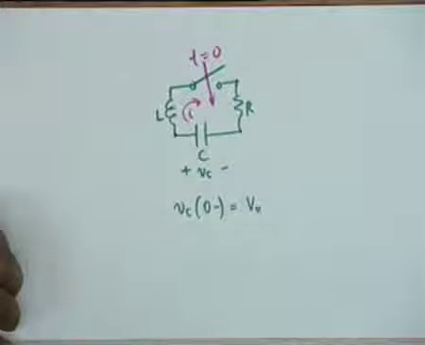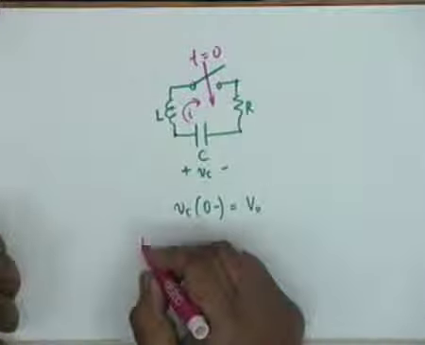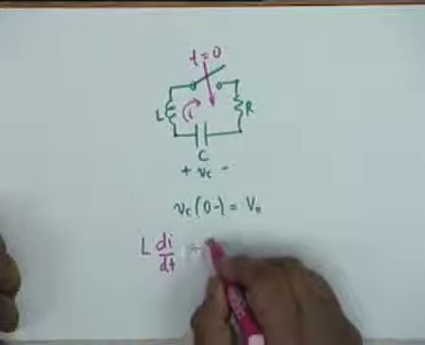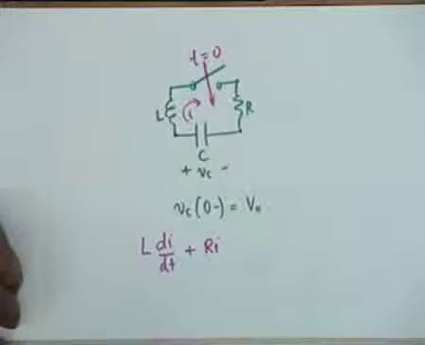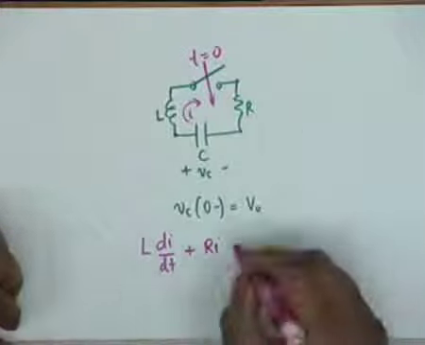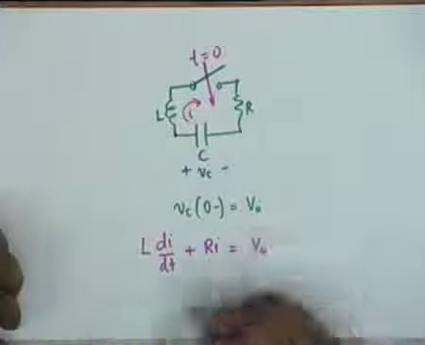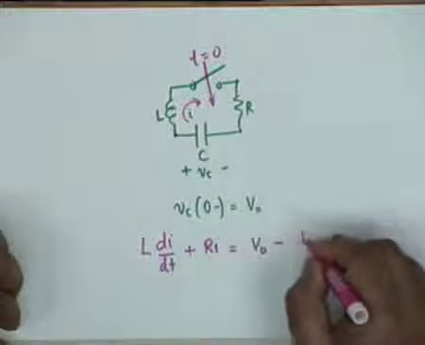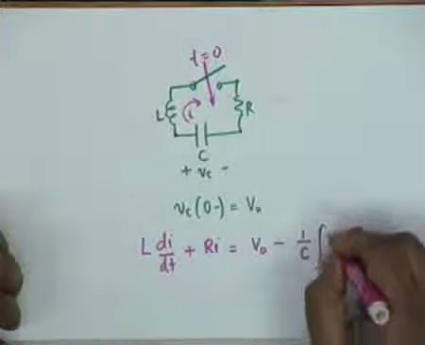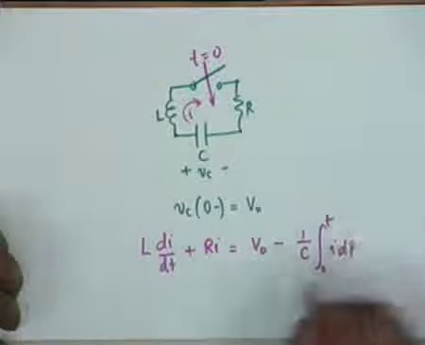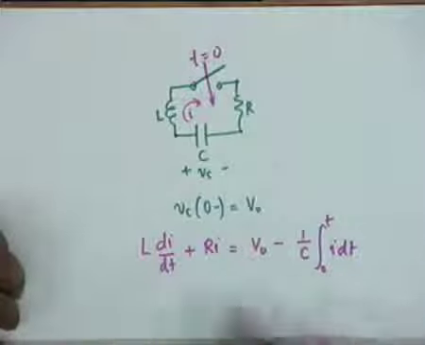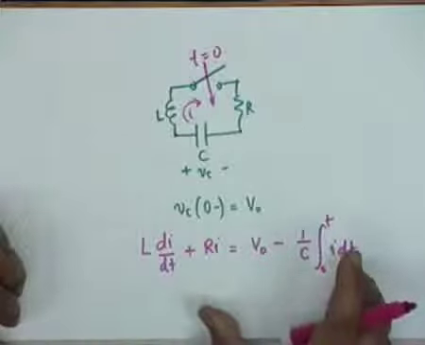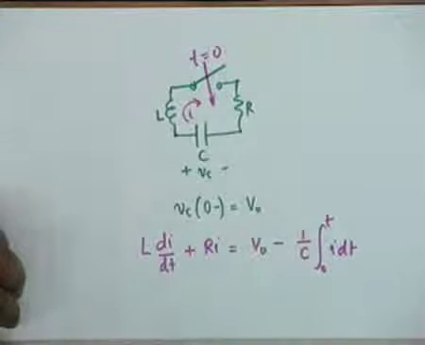Obviously, once again, it's a simple application of KVL, and you notice that the inductor voltage L di/dt plus Ri should be equal to V sub C, but V sub C starts with V0, then discharges, that is, the current charges in the opposite direction: 1 by C integral 0 to t of I dt. This is the equation that is obeyed by the circuit, and you notice that this is an integro-differential equation